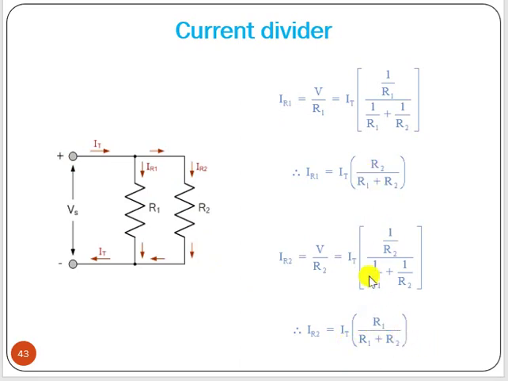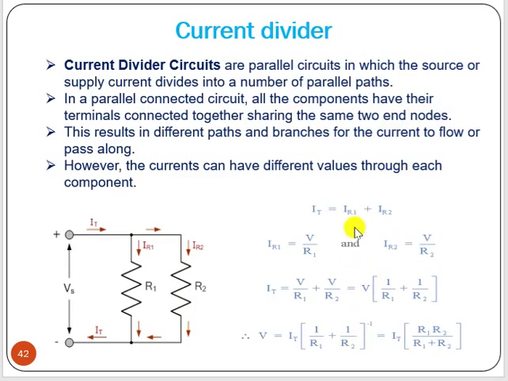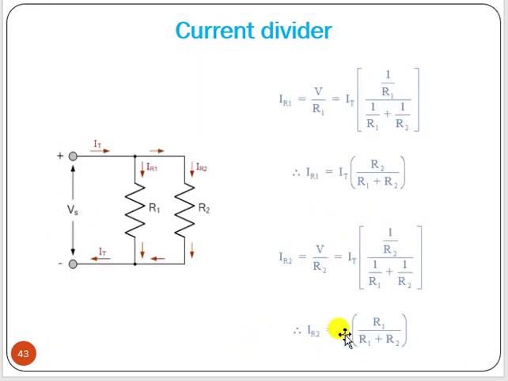Now how are we getting this? You can follow the derivation later on. So how can we remember? For the voltage divider rule, you have to consider the same branch resistance divided by total branch resistance, and the multiplying factor is the total voltage. For the current divider rule, it is other branch resistance by total branch resistance into the total current.